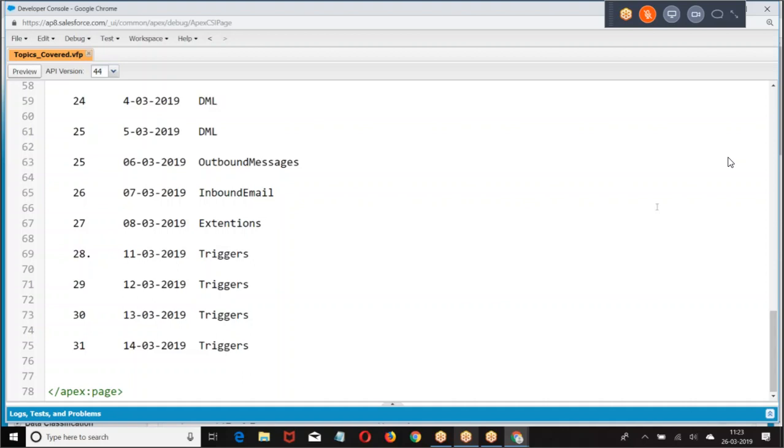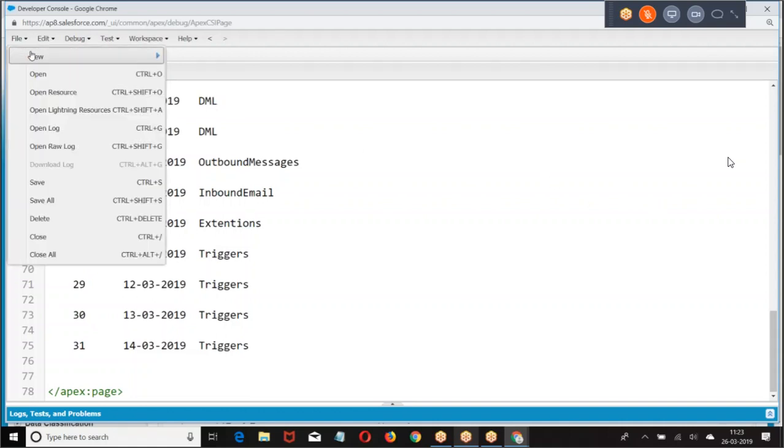So to resolve this governing limits issue, we go for Test.startTest and Test.stopTest. So let us see an example of this.